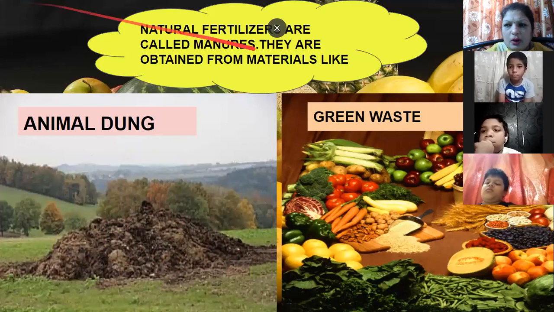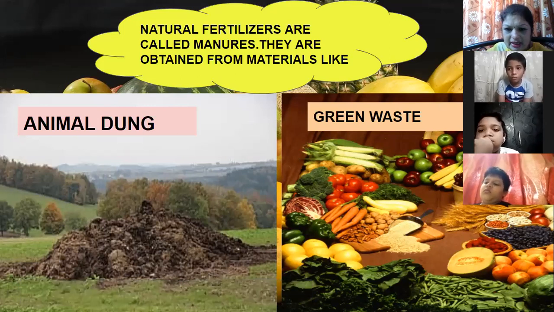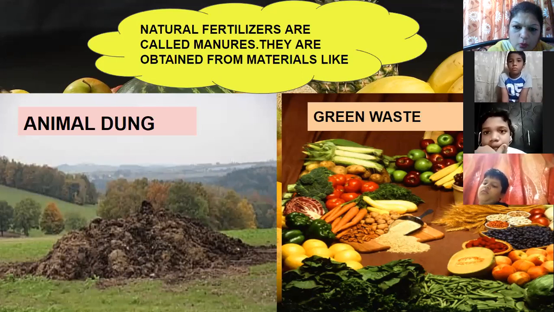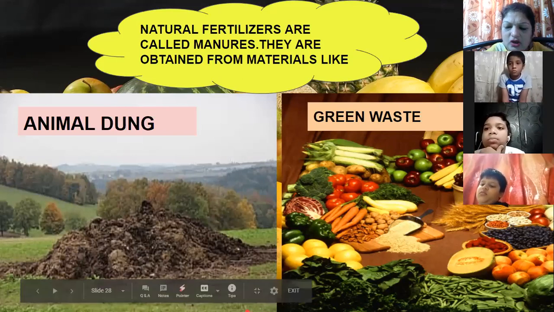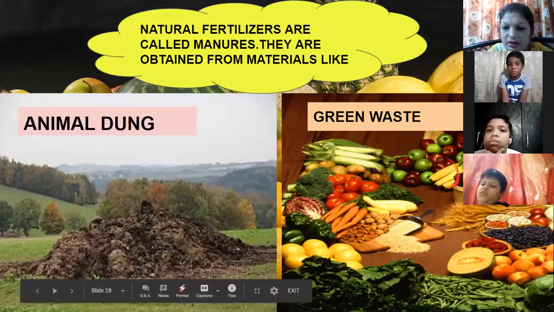Second thing, nowadays, you know that the BMC people who come to collect the garbage say, please separate the wet garbage and the dry garbage. Your separation is always there. There are two dustbins which are kept, one for wet garbage and one for dry garbage. What goes into the wet garbage? Wet garbage means the waste from the kitchen, the peels of the fruits. You peel the fruits, okay?